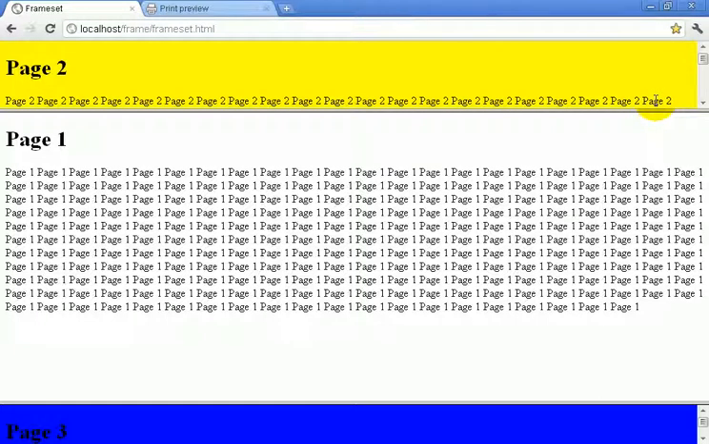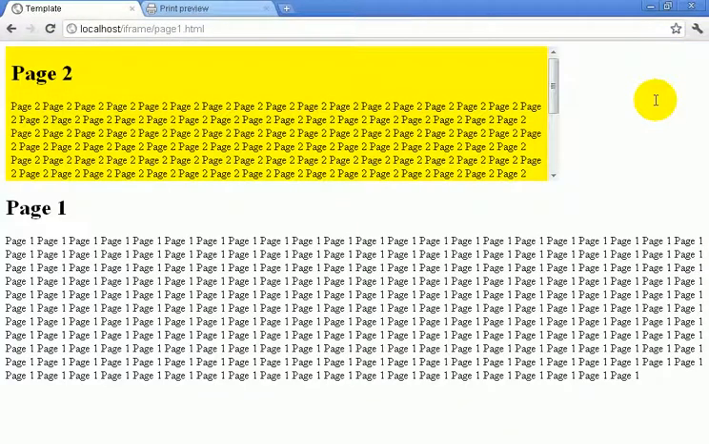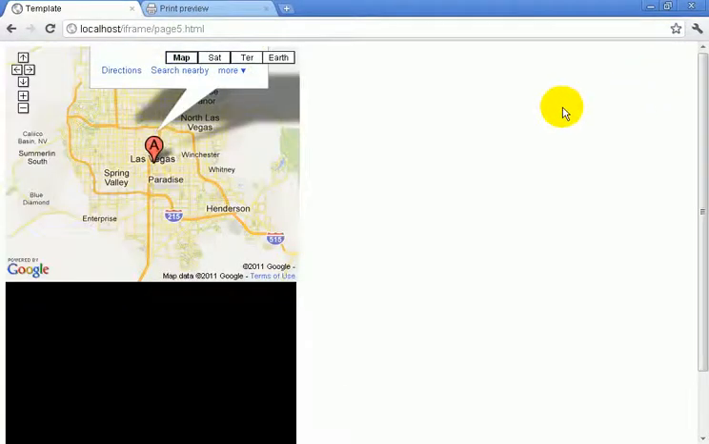Certainly, frames mean nothing but problems for the user. Barring one exception, frames should not really be used today. The exception to the rule is the inline frame, or iframe, which we'll introduce in our next lesson. Using the iframe, we can insert, for example, maps or YouTube videos into our